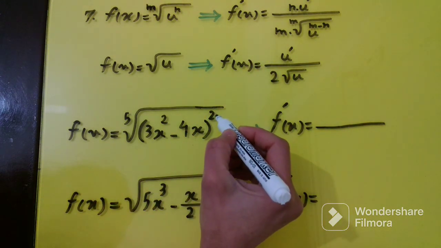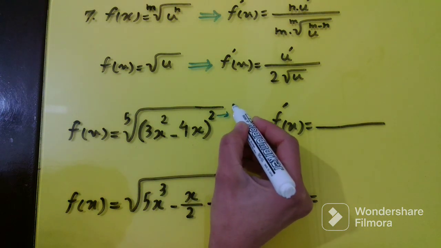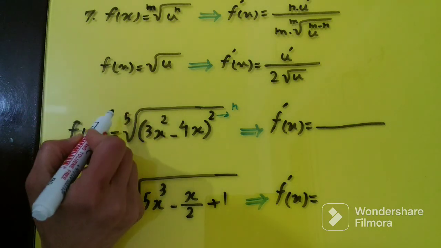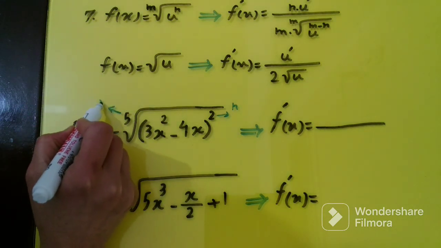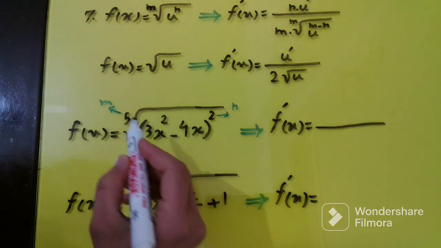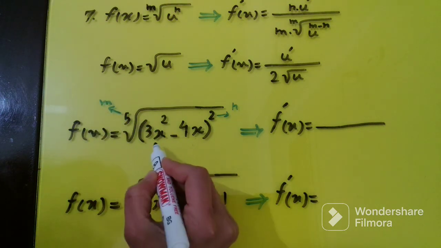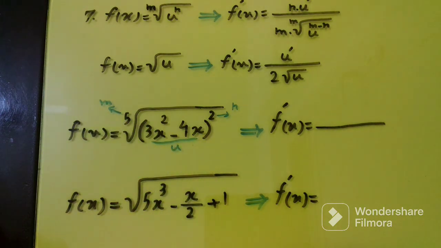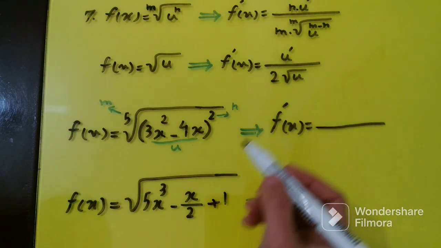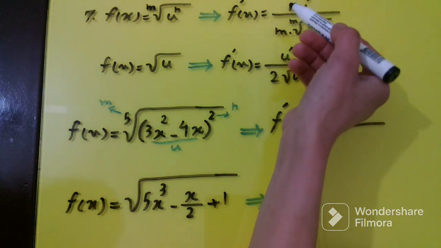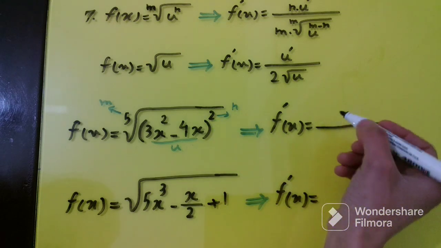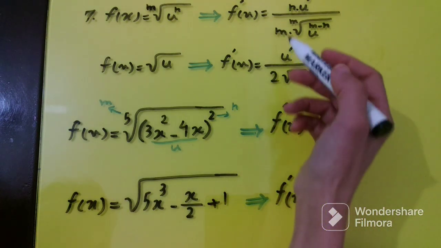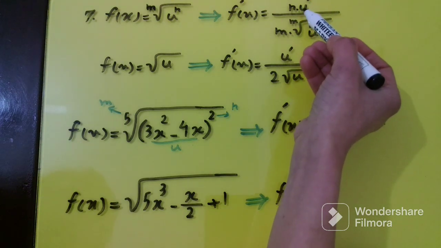Here 2 is n, 5 is m, and this term is u. So I write n, 2, times, for getting the u prime,